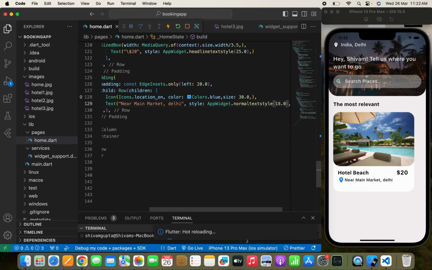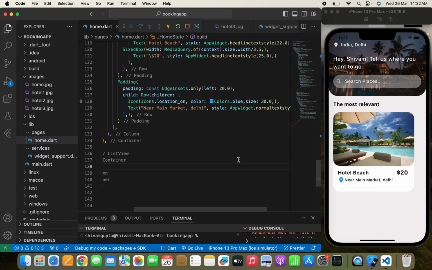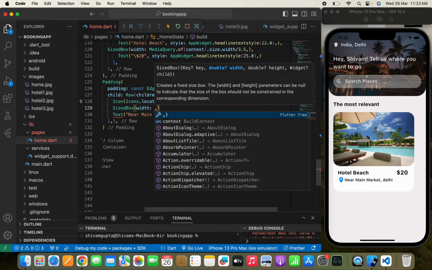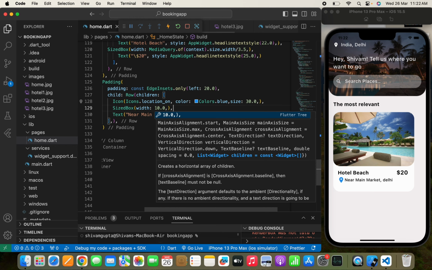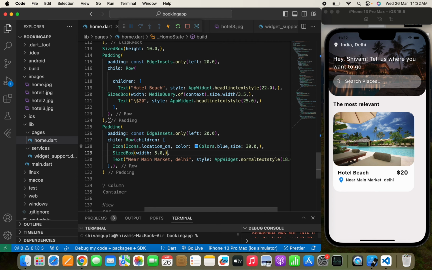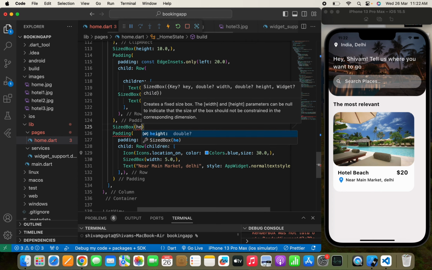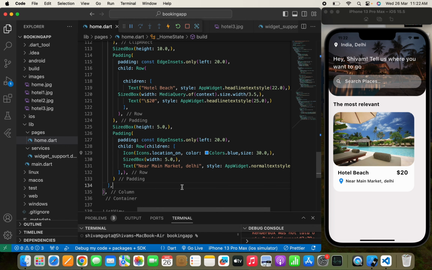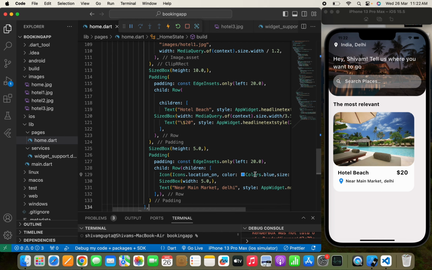If you want, you can pass up to 18. It's up to your choice. And here I just need to pass the size box width. We can just pass 10.0, which will be too much, I guess. We can pass up to 5. And here I'm going to pass the size box here as well. So that height 5.0. Yeah, so these are all the common things that we need to do, and this is how we can show the hotel name, the price, the location, and then